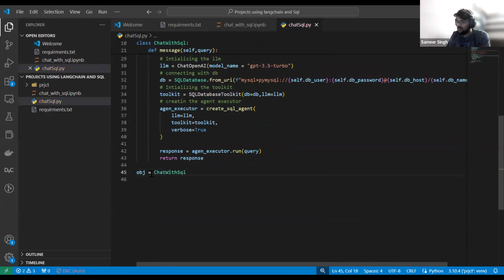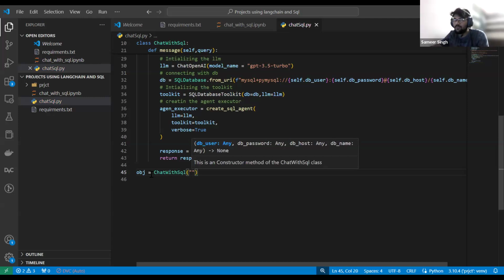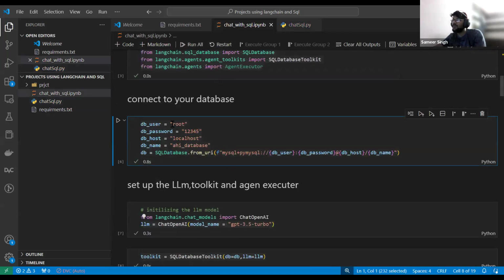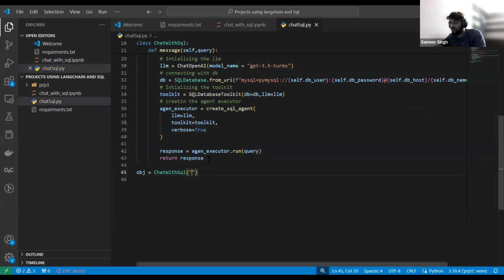Chat with SQL. We would have to pass some parameters, all these things. I think I need to pass root, 1235, localhost and all, right? I'll give it here.